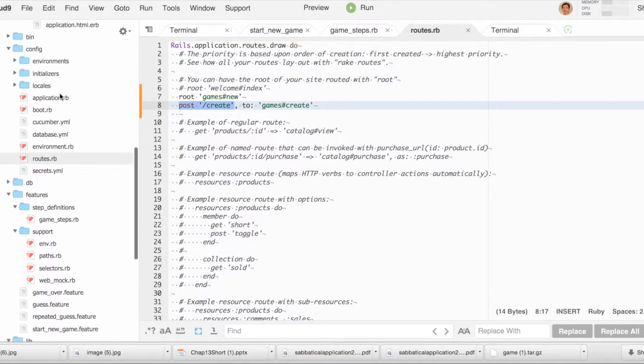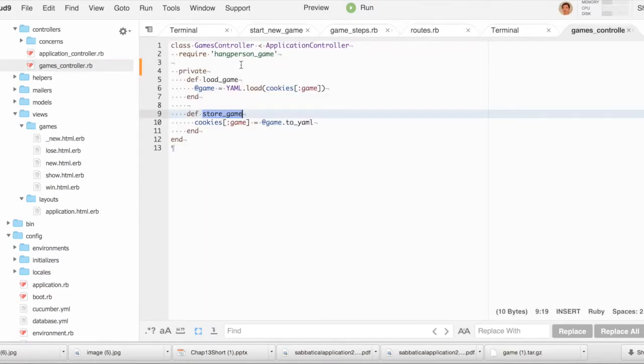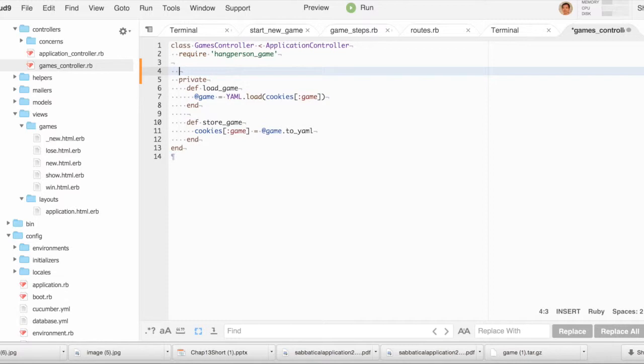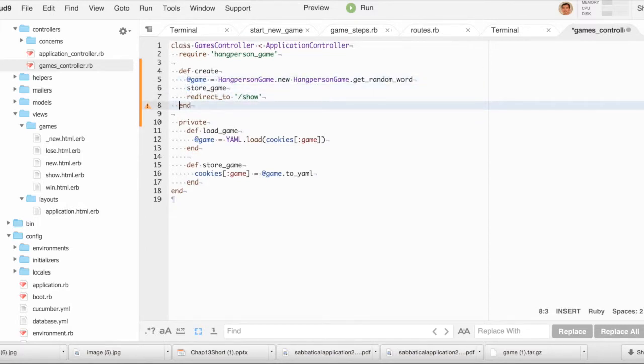So games controller should be in app controllers and game controller. We'll add it here. Okay. Let's take a look at it really quick. So when create is called, according to our design, we're supposed to create a new game object because that encapsulates our game